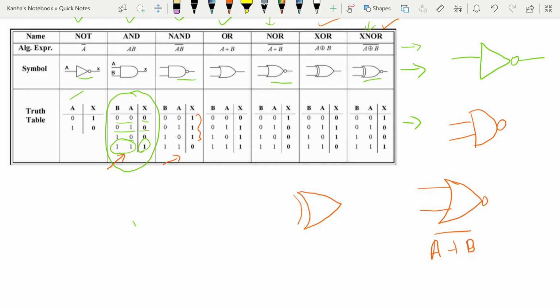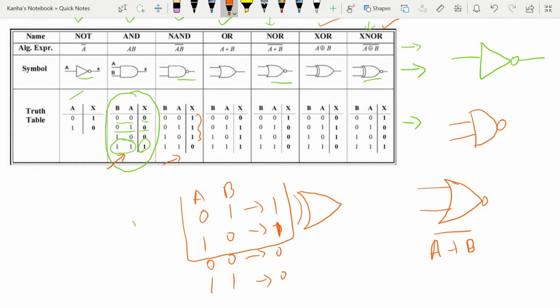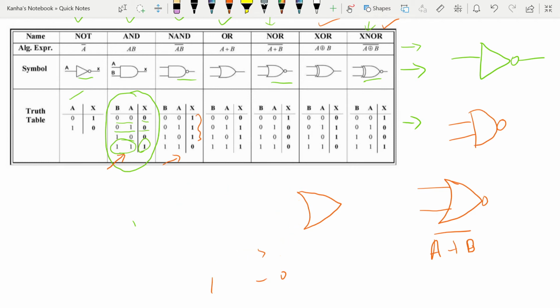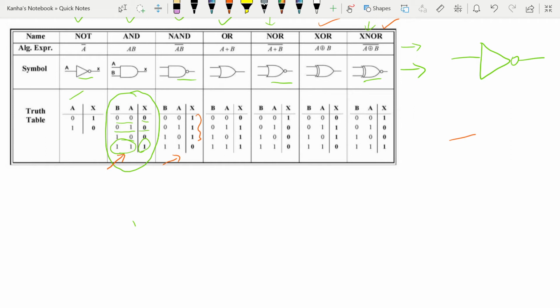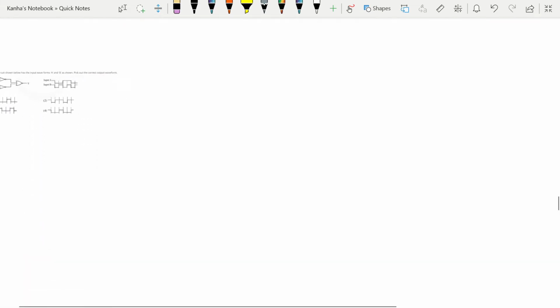What the XOR case means is, if there are two inputs A and B, only when one of them is 1 will you get the answer as 1. For the rest of the cases, whether it is 0 0 or 1 1, you will get the answer as 0. So it's exclusively the case when only one of them is true. And XNOR is the complement of it. These are very interesting things, and I'll try to do some questions that will clear your doubts. Let me zoom in.